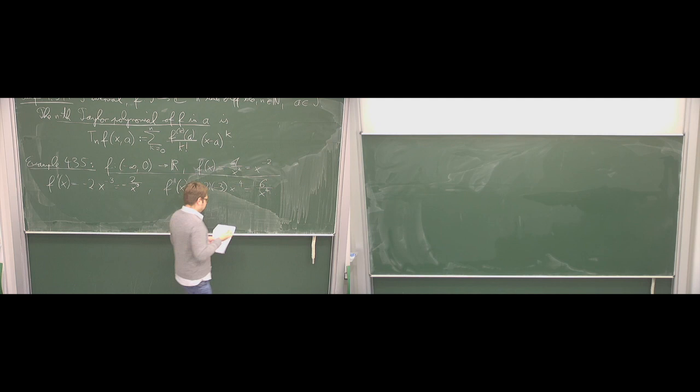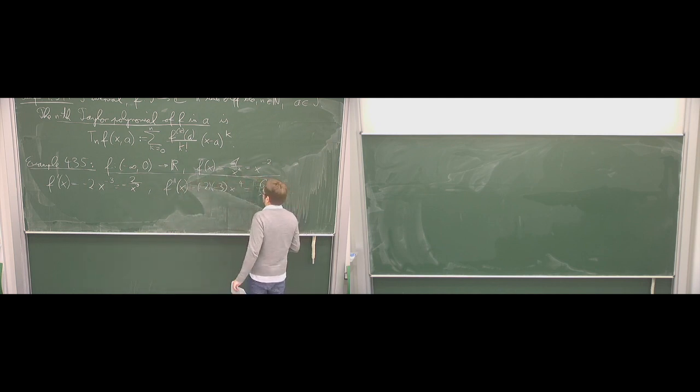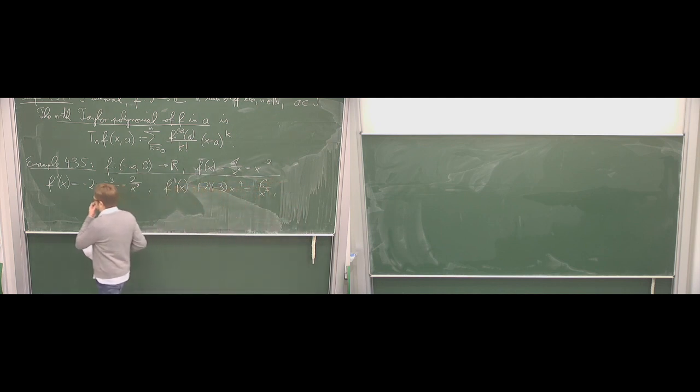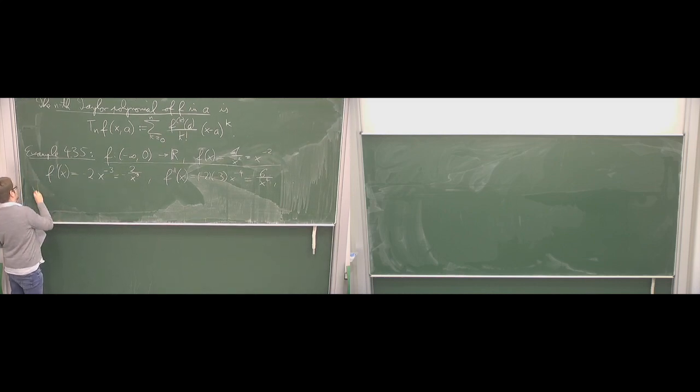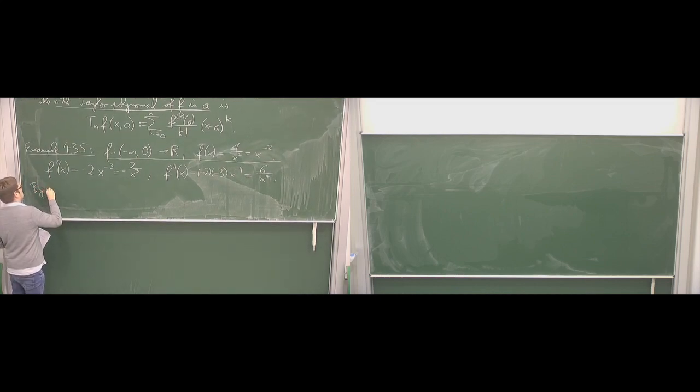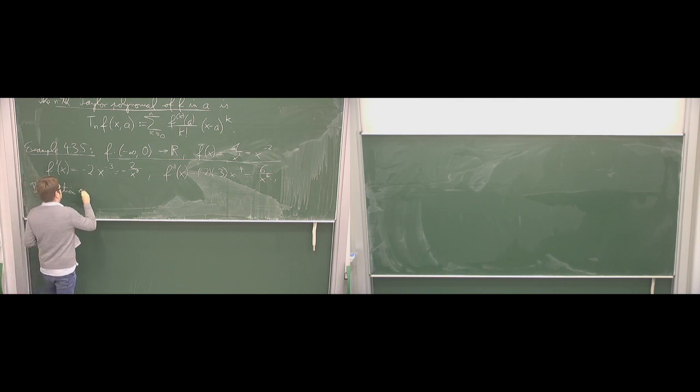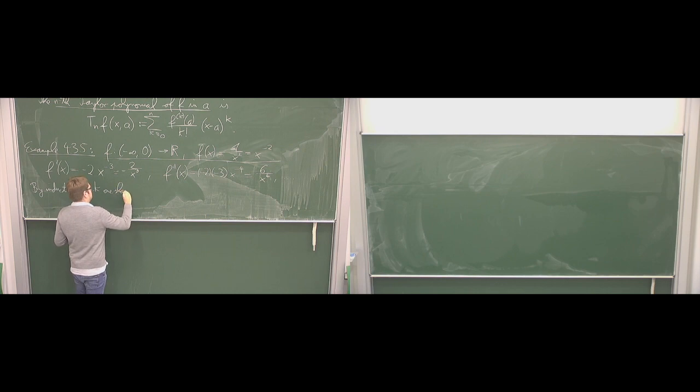And so we can see from this observation that we will just get some x to some exponent, which is always differentiable. And so this is indeed a smooth function. One actually has to prove this, so I will only write by induction over k, and not do the proof. By induction over k, one shows f is smooth,